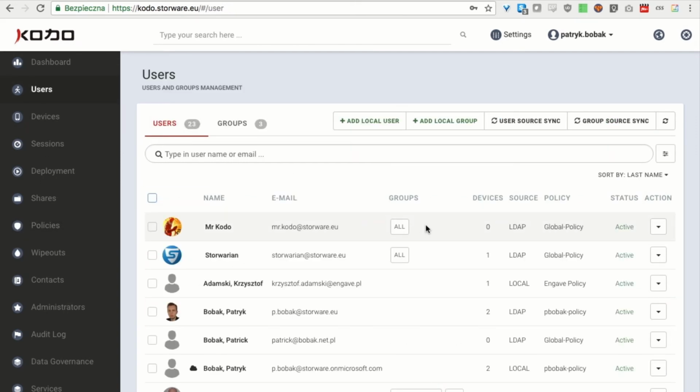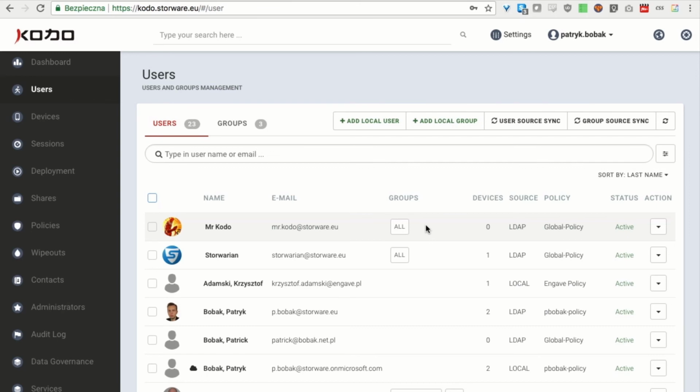So we can have different users with different policies. For example, we can have policies for marketing, for management, for IT service, and all these groups can have different policies with